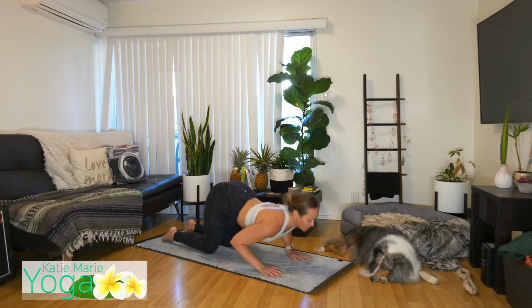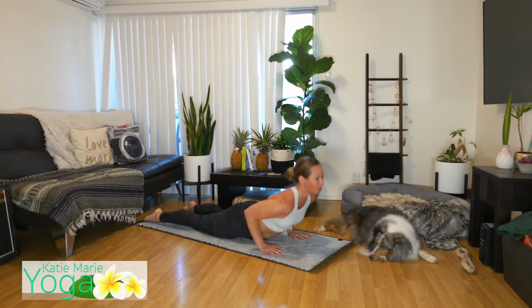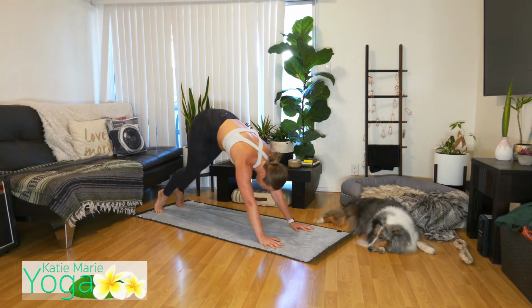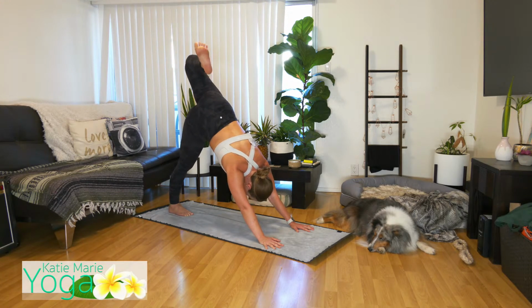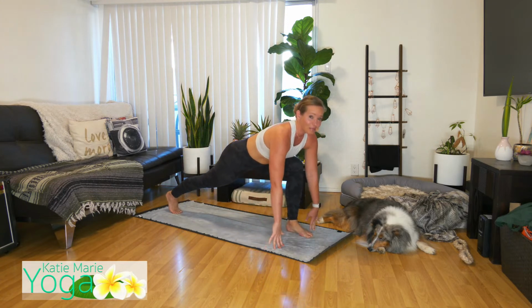Exhale, knees, chest, and chin, gaze forward. Inhale, scoop through, baby cobra or cobra. Exhale, tuck your toes, hips to heels, and hips to the sky. Left side, inhale, your left leg high to the sky. Bend your left knee, stack open. Exhale, hug your left knee towards your chest, place it to the top of the mat, rise up, crescent pose,